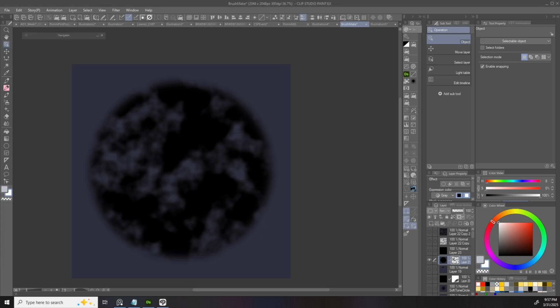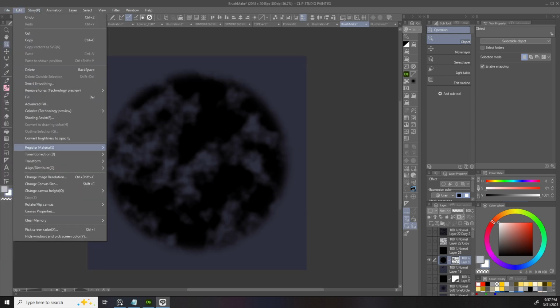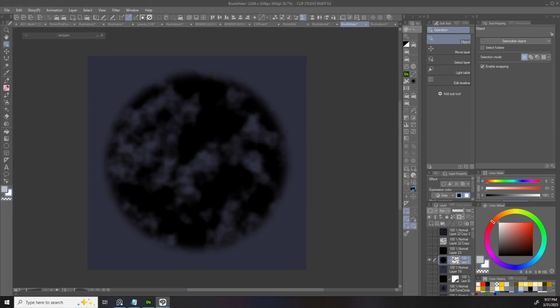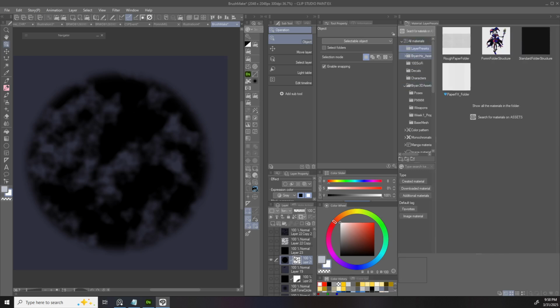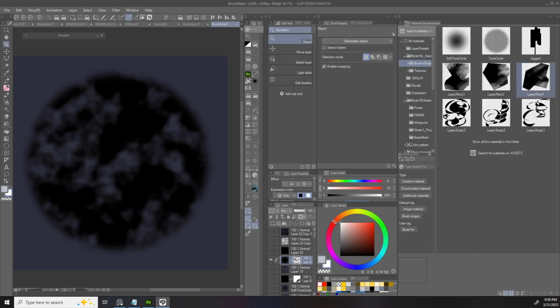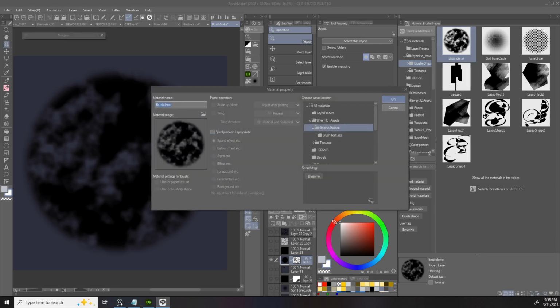Alright, no problem. After this, what you gotta do is you register the material. Now you can do it this way, or you can do it this way. So you can see these are some of the past brush shapes I've made. And what you can do is rename this, drag and drop into your folder, click this, come to settings,